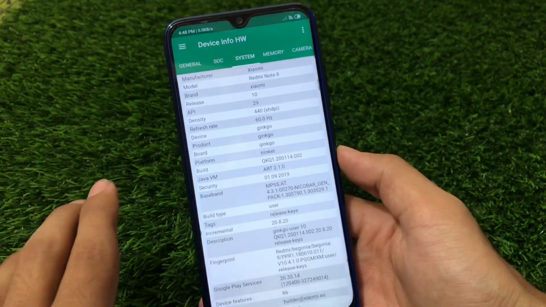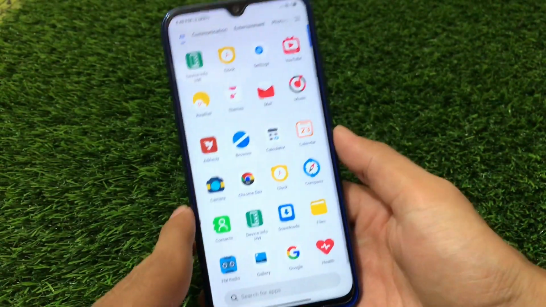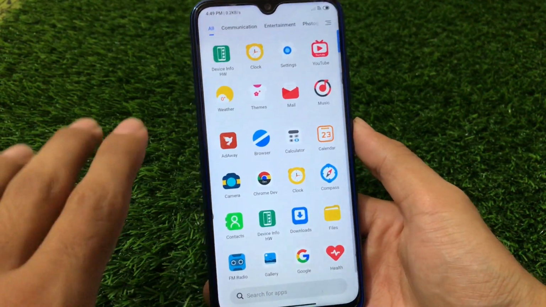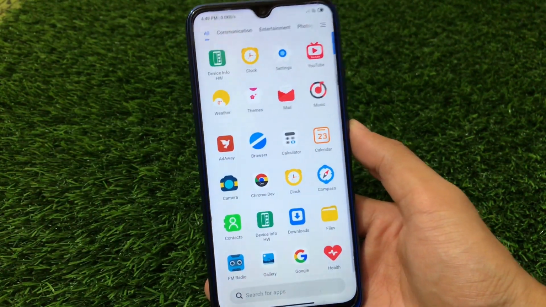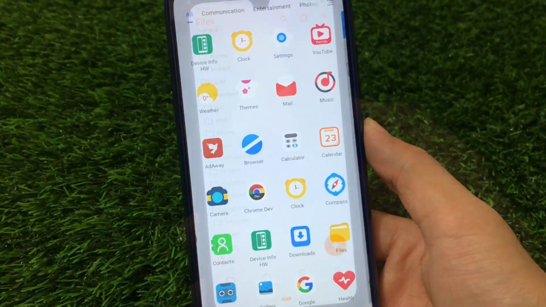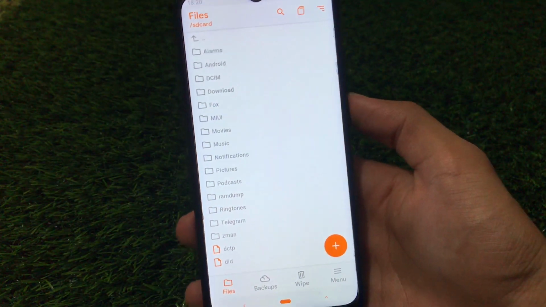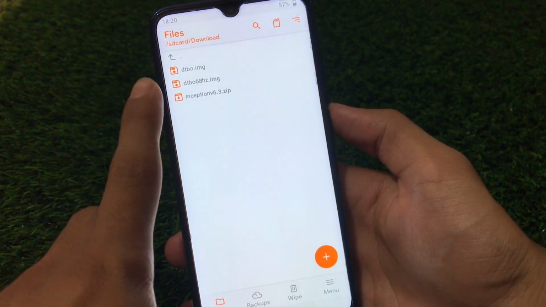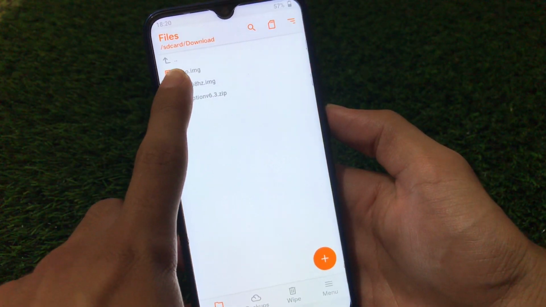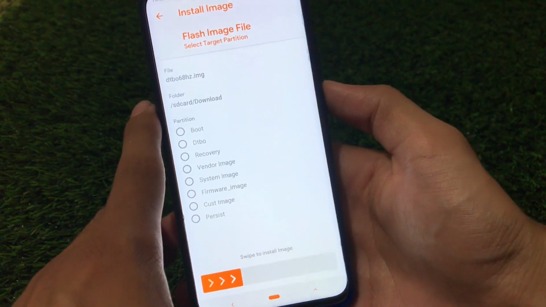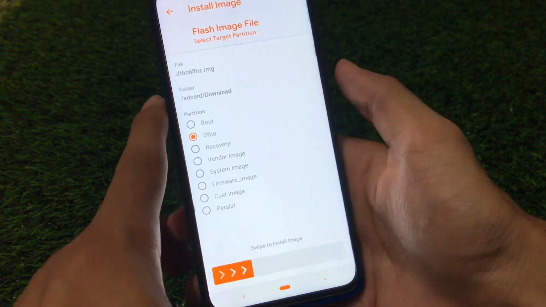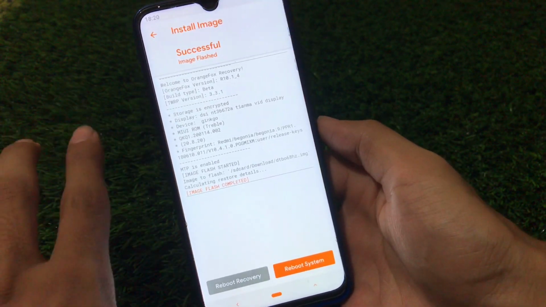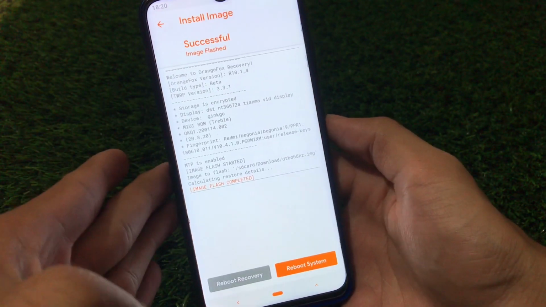Now firstly we have to enable the 68Hz refresh rate. You already have an idea how to do that, but let me show you in brief once again. Just boot into custom recovery. In my case I'm using the Orange Fox custom recovery. In custom recovery, open the folder where you have the DTBO 68Hz refresh rate img. Click on DTBO, swipe to install image. This is the short and simple idea regarding how you can flash the 68Hz refresh rate.